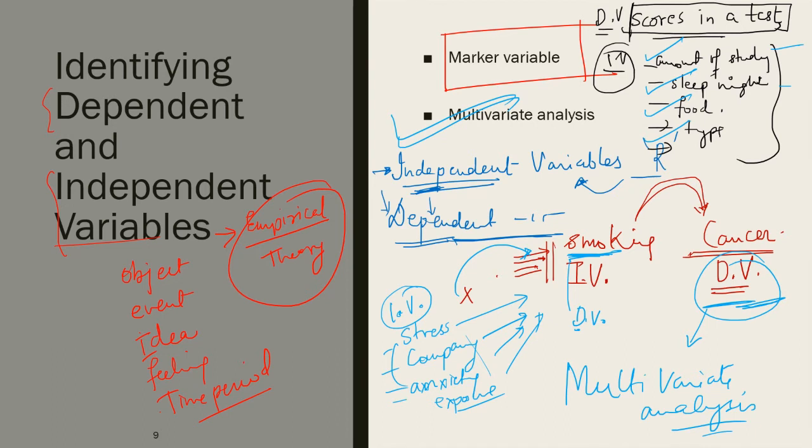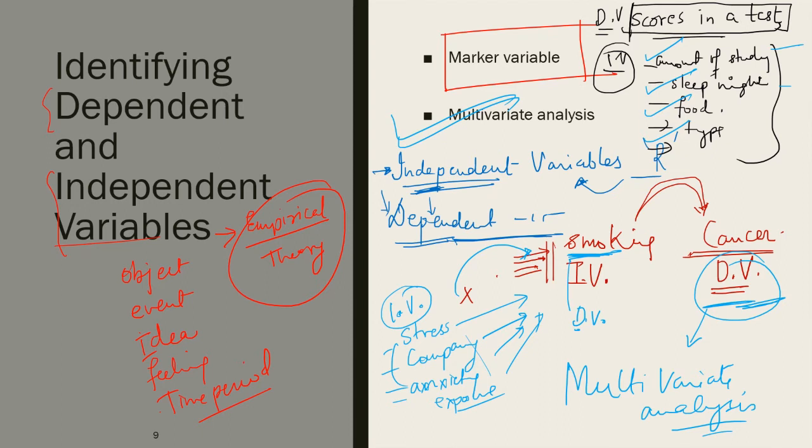and these are called multivariate analysis. Okay, and I'm going to give you a link of a YouTube video in the description box. So for those whose concepts are not clear for dependent and independent variables, I would like you to go through that video.